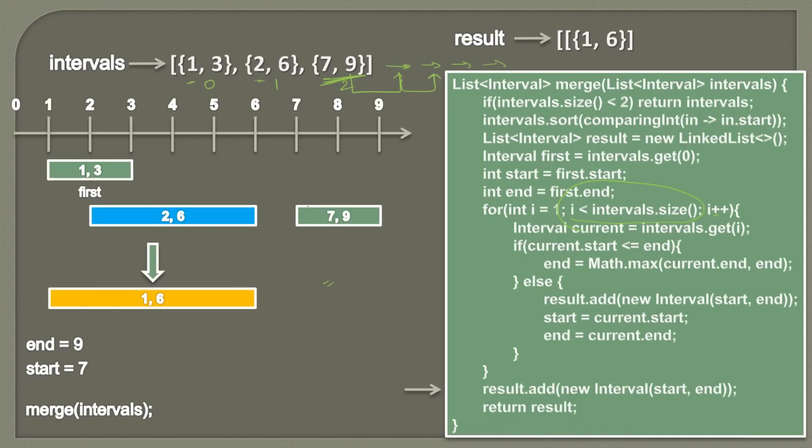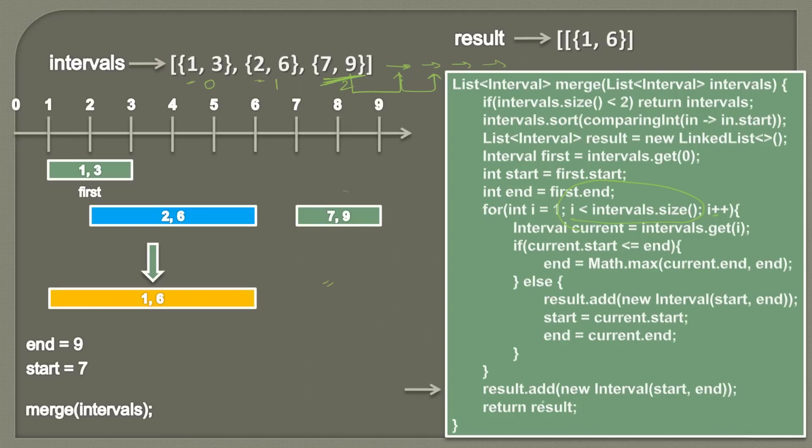So here you can see 7, 9 was the single most interval left, and there are no more intervals left which can be merged with 7, 9. So this 7, 9 also needs to be added to the result list. So at the end we have to add this 7, 9 also to our result list, because this is a